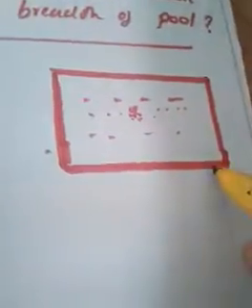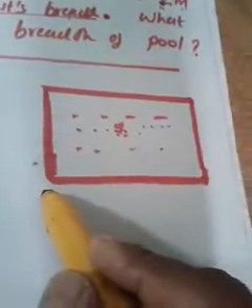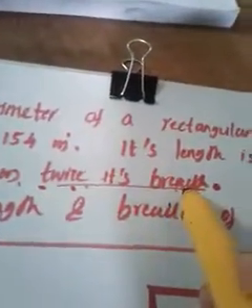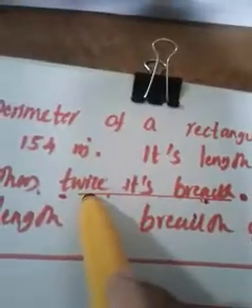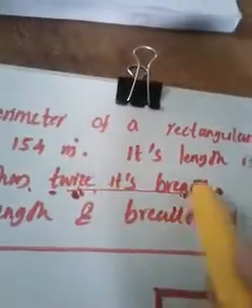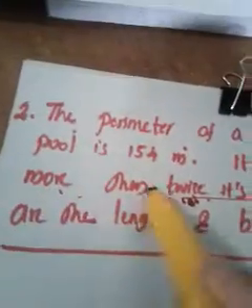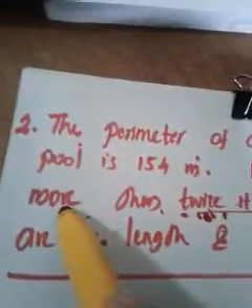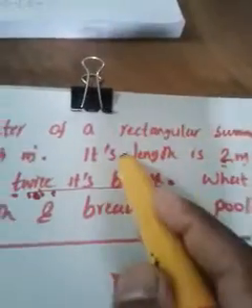You may have understood. Okay. Just like that, now we think about this question. When will we get the length? This is the length, this is the breadth. And when will we get the length? Length is nothing but 2 meter more than twice its breadth. Take the double, take the twice, 2 into breadth. Then more than means add. Take the double of the breadth and add what? 2. Then only you will get the length.